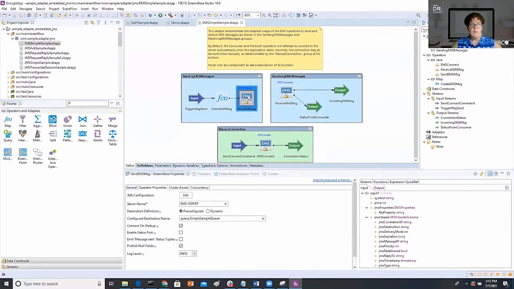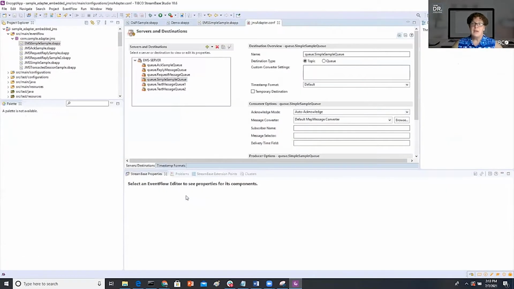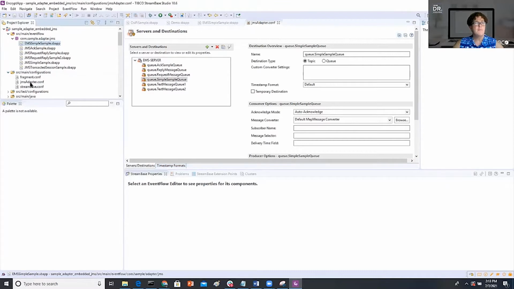So if we put our focus on the EMS, any one of these EMS adapters, whether it's the producer, the consumer, or connect, we also see in the property pane an edit button. If we click on this edit button, we are brought to a form editor. So if you notice on the tab of the form editor, we actually have a named configuration file, jmsadapter.conf. And if, again, we look over here in the Project Explorer for this particular sample under source main configurations, we see